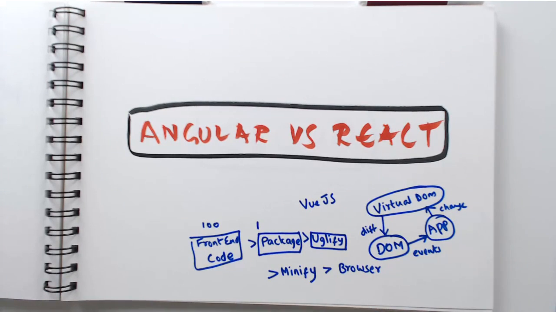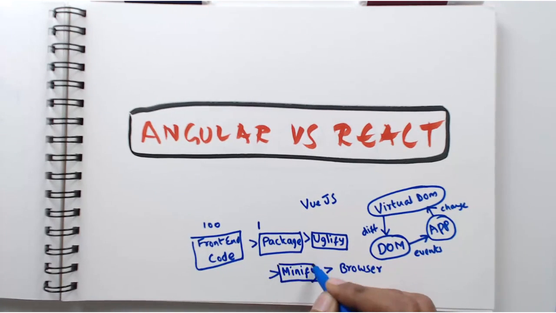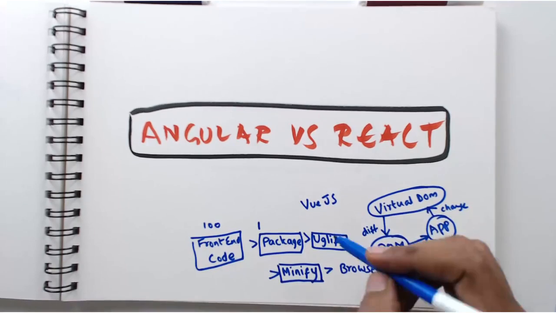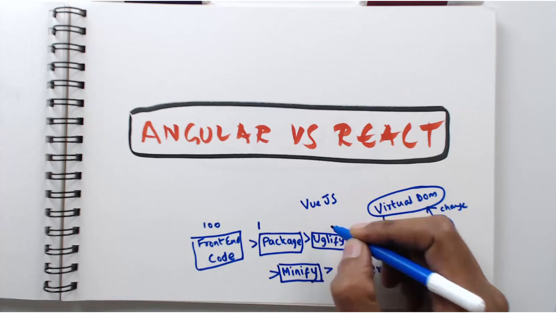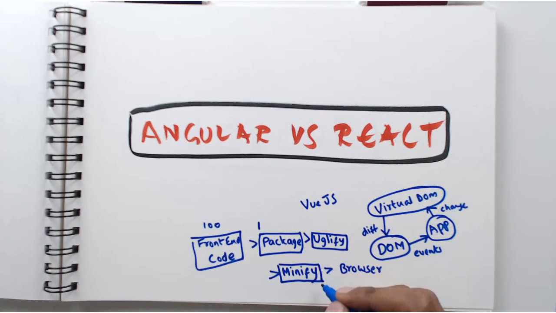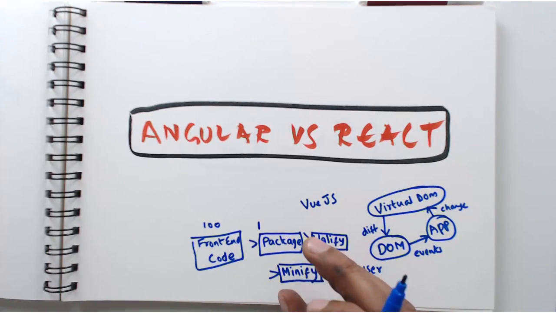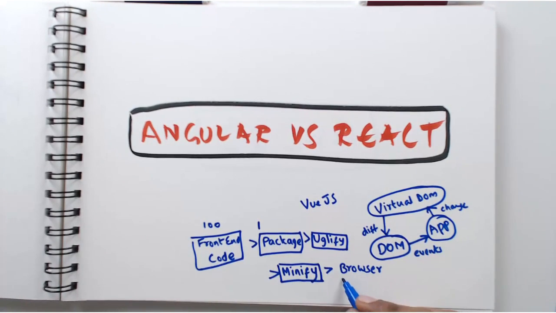But we are making it difficult with the uglification process. The next thing we can do is minification, right? This uglified file might be very large. So what we would want to do is minify it. We would want to make it as small a JavaScript file as possible and then send it out to the browser